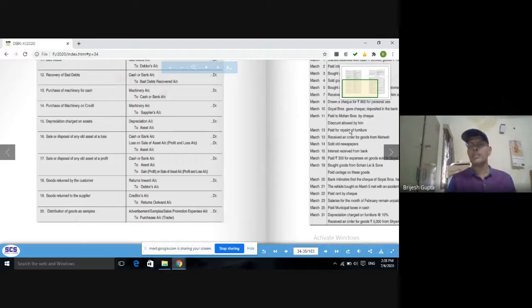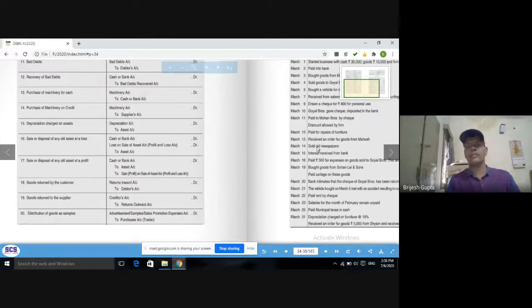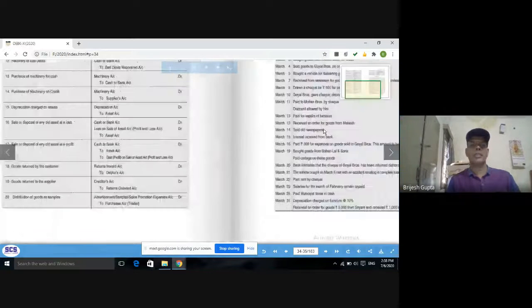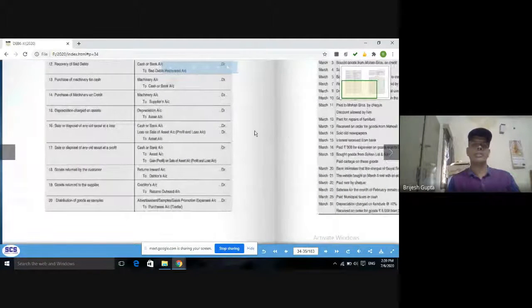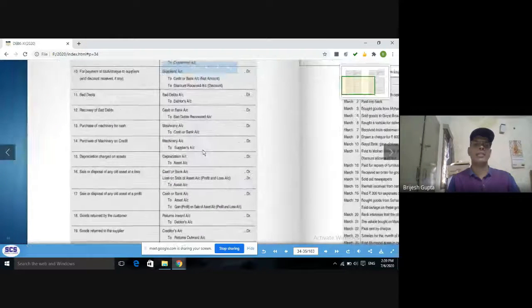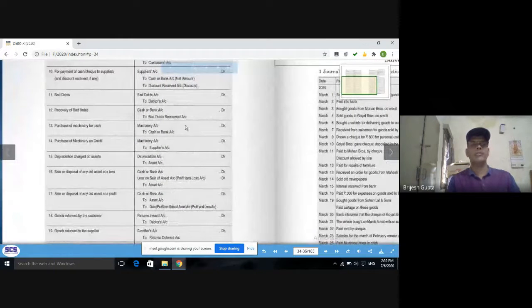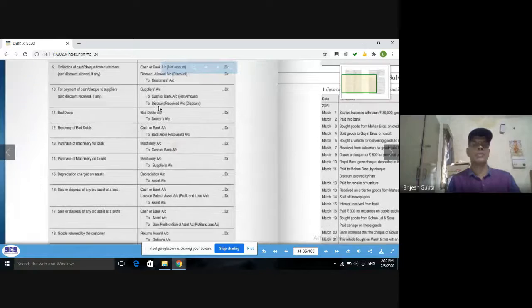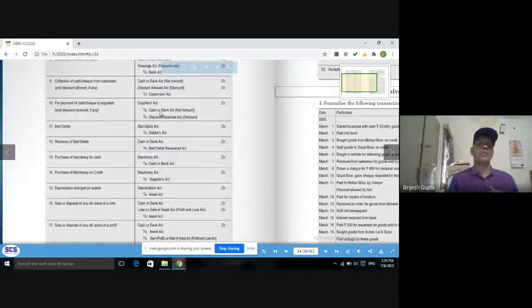Cash account debit to concerned income account. Concerned income means write the name of that income. Whatever the income is, it may be rent received or commission received. If rent is received, cash account debit to rent account. Whatever is there, we have to pass the entry. So a simple common entry is cash account debit to concerned income. We have to write the name of that income.